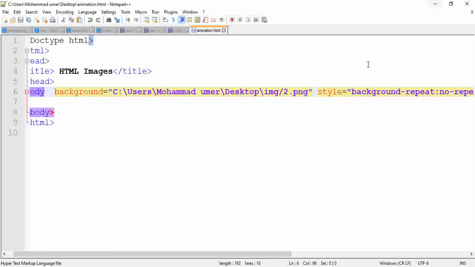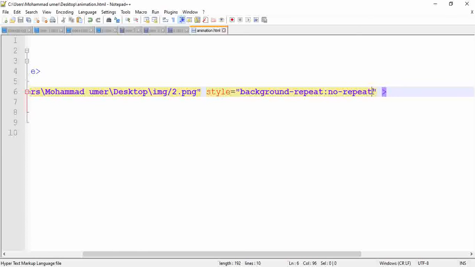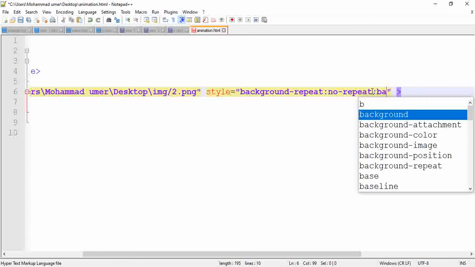So now let's save this and reload it. As you can see, the background is not repeating. But this background is not displaying over the whole web page. For this we have to use another property, that is background-size, because I want to see this background over the whole web page.